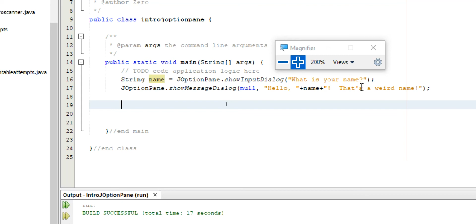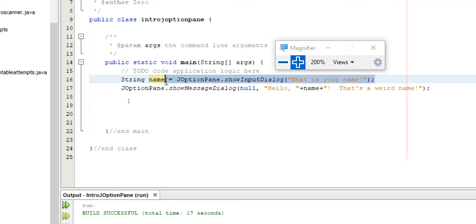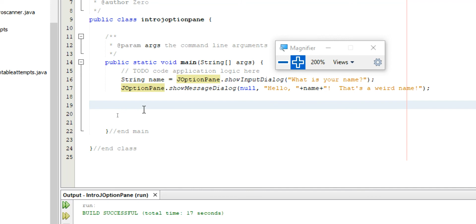Now, what if I want to have an age or money or numbers or anything like that? Then it gets a little more difficult. And this is one of the reasons I don't use the JOptionPane as much. I use the Scanner, but everything that this showInputDialog takes in is always a string. So for example, let's say I want to ask for someone's age. String age equals, now I'm just going to call this ageS, for age string, equals